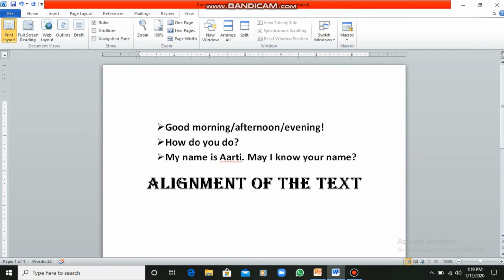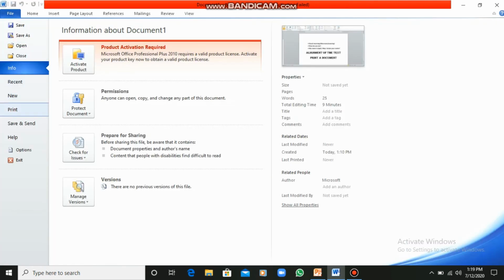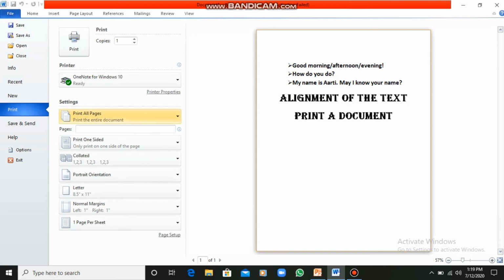This is the print layout view, and this shows us how our document will look when we print it. Now students, I will also tell you how we can print a document, which is a very simple process. Printing is always necessary because we sometimes need to have a hard copy with us. For printing a document, we just have to click on the File tab and then select the Print option. A dialog box will come up. Here we can specify the page numbers which are to be printed and the number of copies for each page, and if we press enter, we get a printout of our document, students.